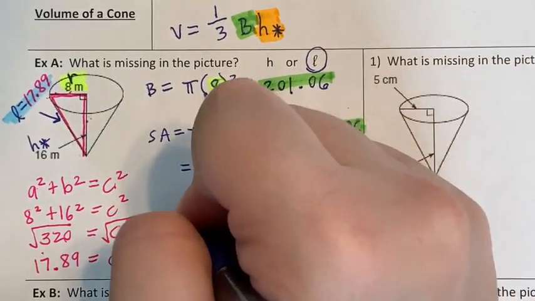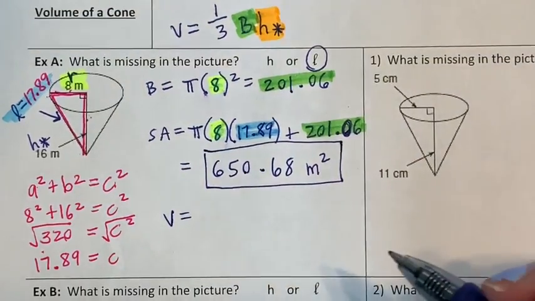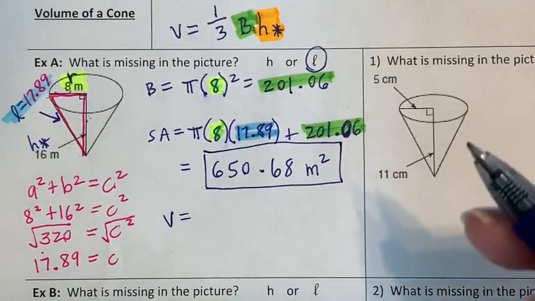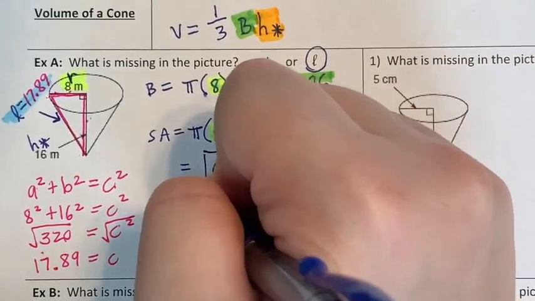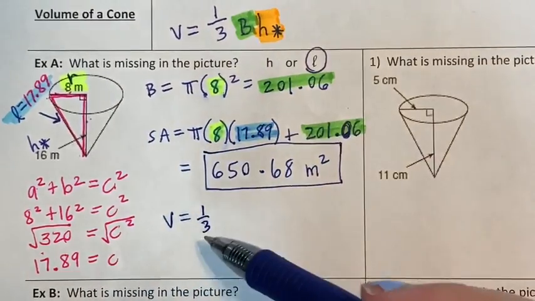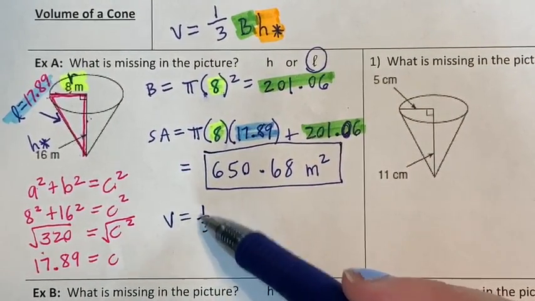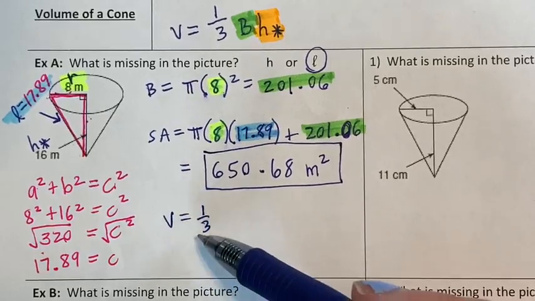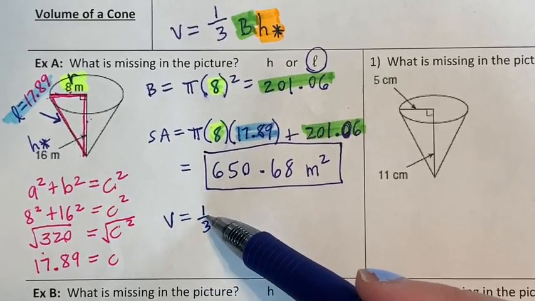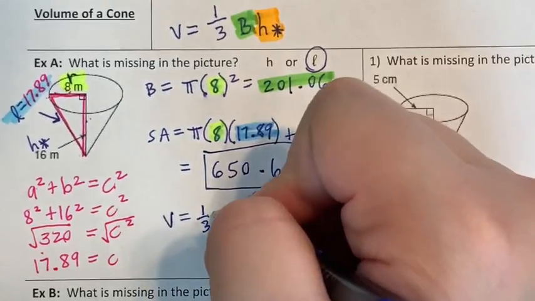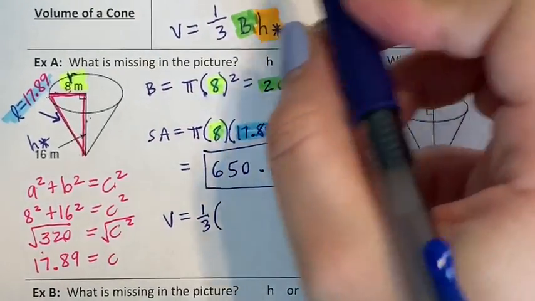And then volume, the easier formula. We're so used to just doing base times height really quick in our calculator. Don't forget the 1/3 out front. So the best way to handle this fraction 1/3 in your calculator is to put parentheses around it. So do parentheses, 1 divided by 3, close your parentheses. So 1/3 times my base, which is